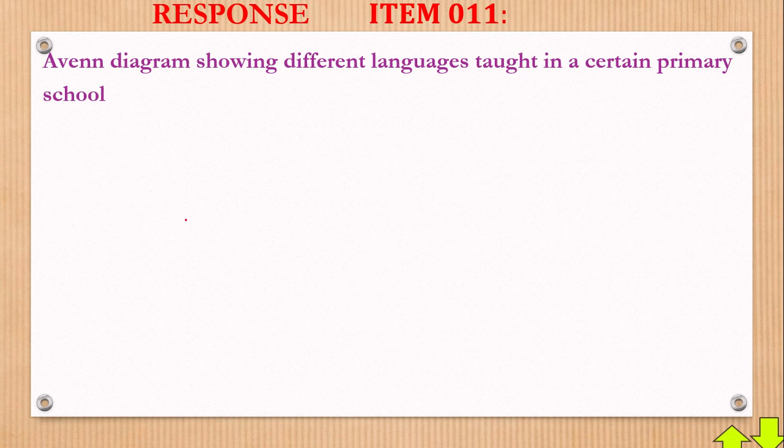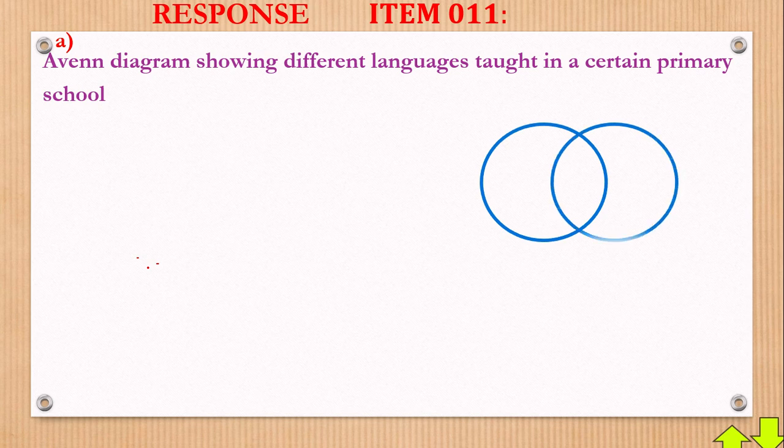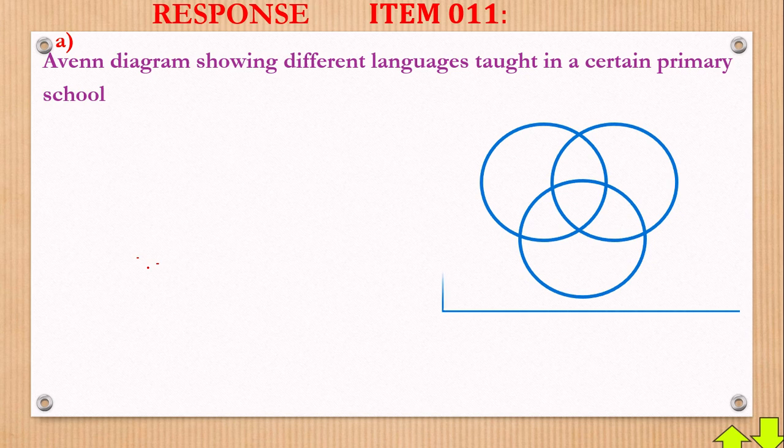Now with that, we have 3 languages: French, German, and English. Let's begin by letting different letters represent the different languages. So that's part A; we are answering part A. Let's begin by drawing our Venn diagram first of all, so that whatever we get, we substitute in there, and you can easily and simply put it inside the Venn diagram. We are doing this so we can save time and make sure that our video is not too long.